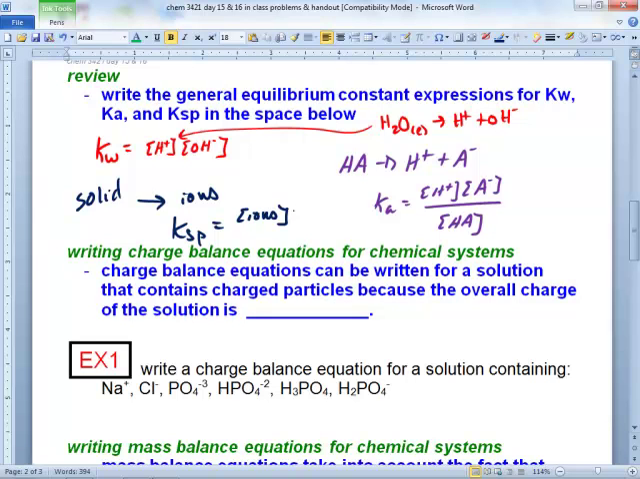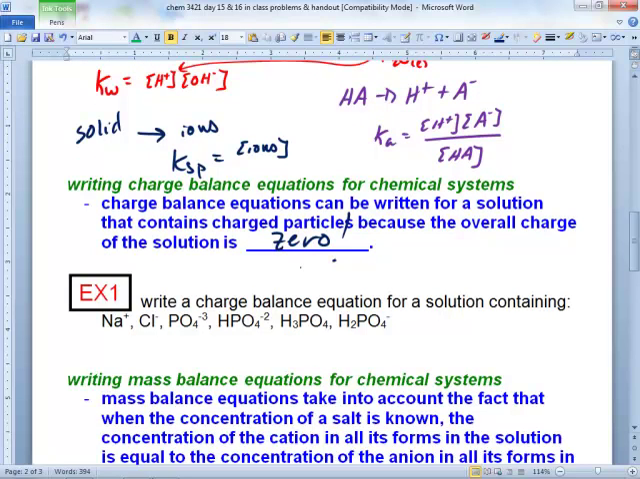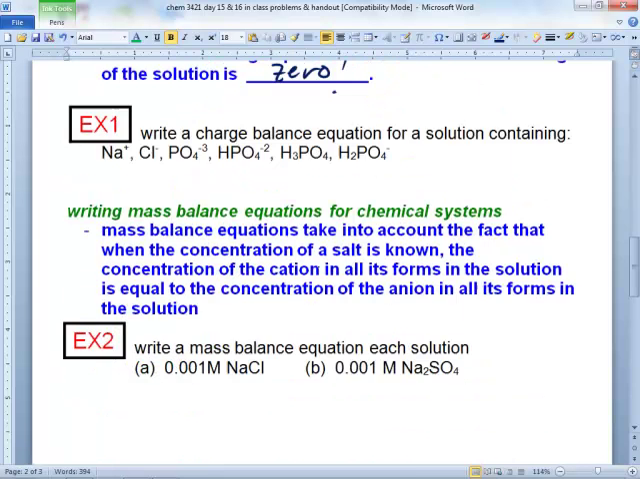So you can't write a charge balance if there's nothing that's charged, because the overall charge of the solution is 0. Solutions overall are neutral, right? Write a charge balance equation for a solution containing... So we really don't care what the compound is. All we care about is its charge. And the game plan for this